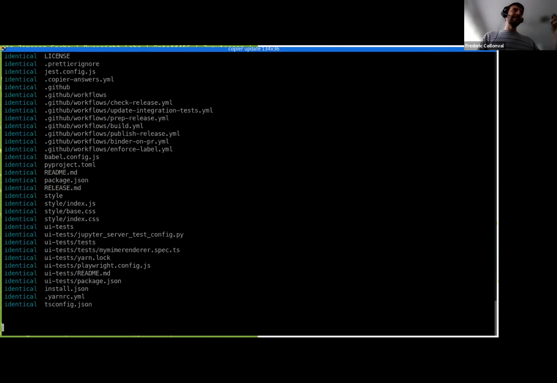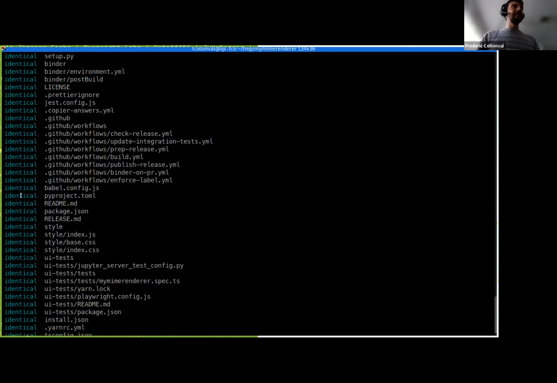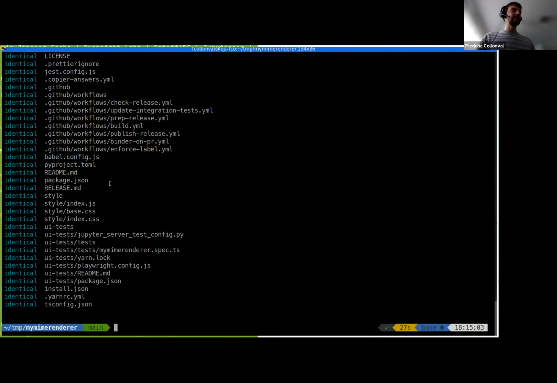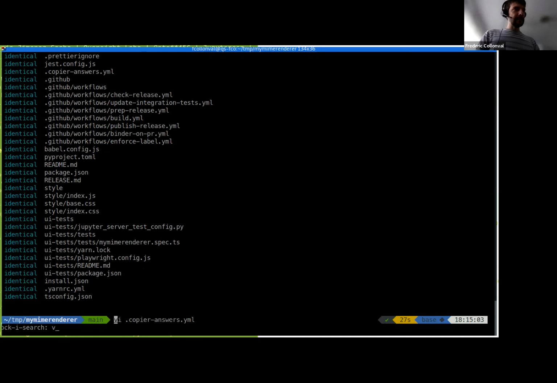And then it's going to print whether files were identical to the one from the template, or if new files were added, and sometimes if it needs to overwrite things, it's going to ask you, do you want to overwrite it or not? And if it fails, you're going to get a rejection file, like a .rej, as you have with Git when you get a conflict. So that's basically it. And what you can do then is run afterwards the other one to get